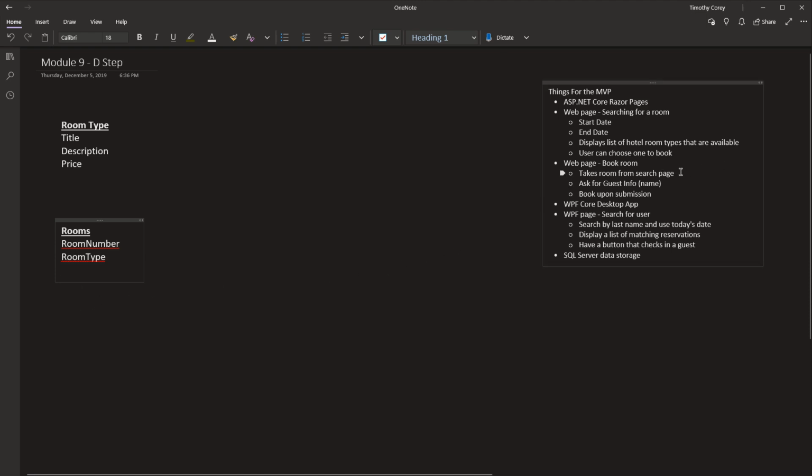Now, we have another implied thought here when we have the search for room. Display a list of hotel rooms that are available. So we need to know that if a hotel room is booked for a certain date and time, or a certain date at least. So let's create another table down here. Let's do it up here. And we're going to, again, set the right font size. And we're going to say, let's call this the bookings table. And